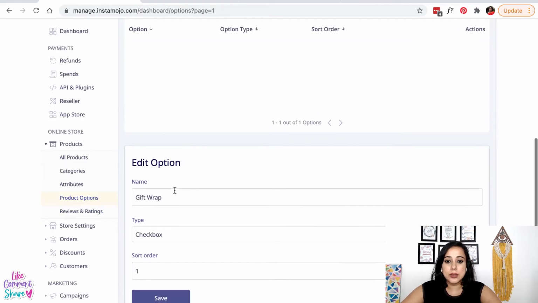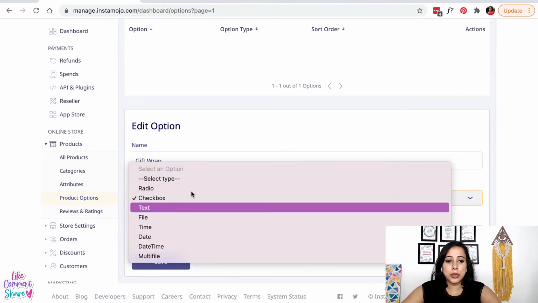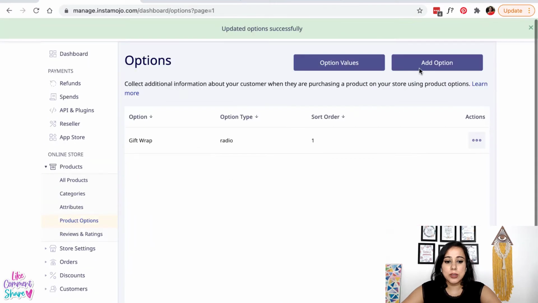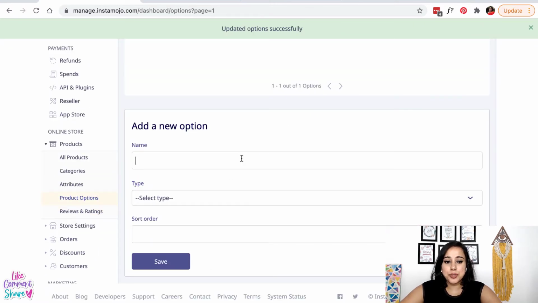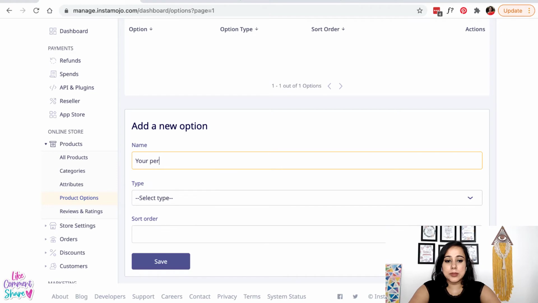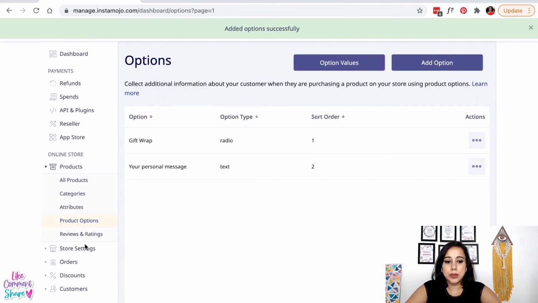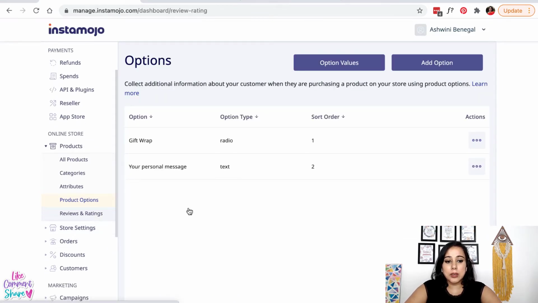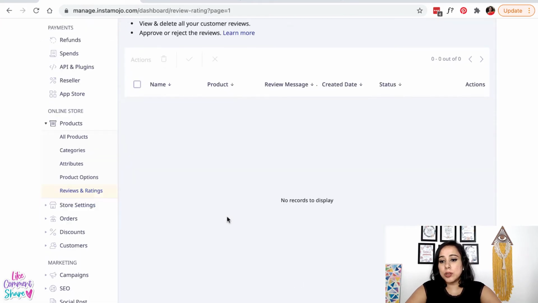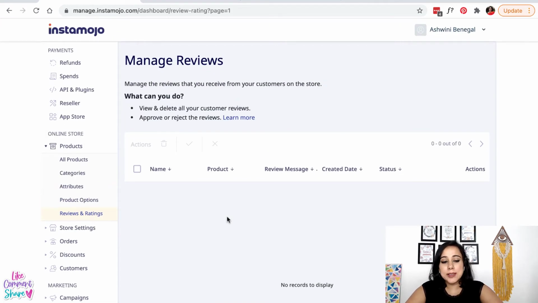Or you could even change this to radio. Okay, let's add another option, your personal message. This could be say a text, and save. Okay, and this is where you'll be able to see all the reviews that anybody has left on